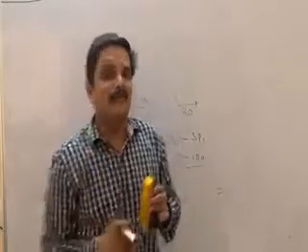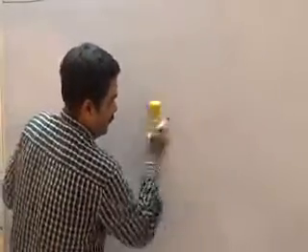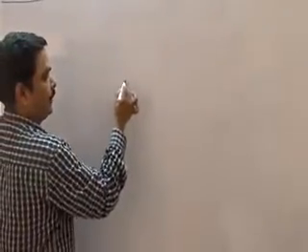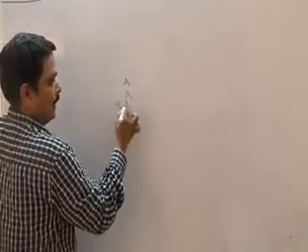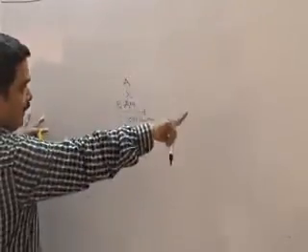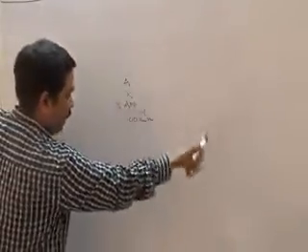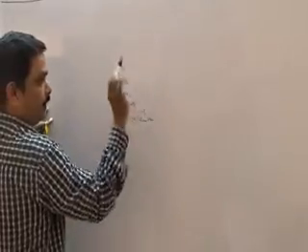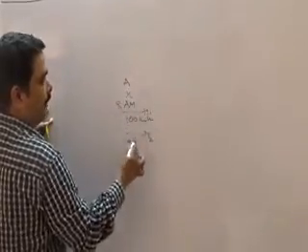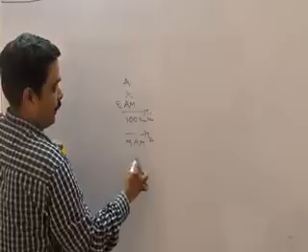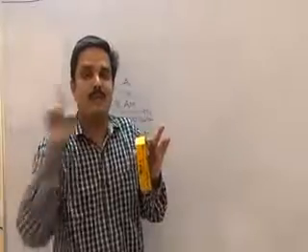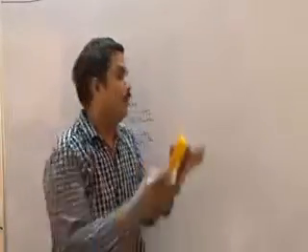If we further extend the concept, in low level questions or the basic concept, they give or ask in this way. One train started from station A at 8 am with the speed of 100 kilometers per hour, and a second train followed from station A. Let us take the first train as train 1. The second train started at 9 am with the speed of 120 kilometers per hour. Now the question is, when is the second train going to catch up with the first train? Alright, when would it happen?